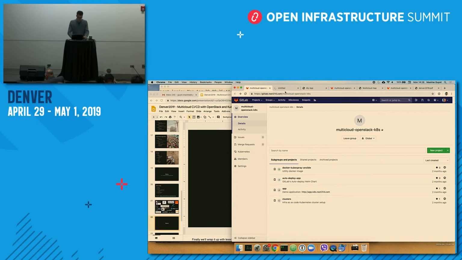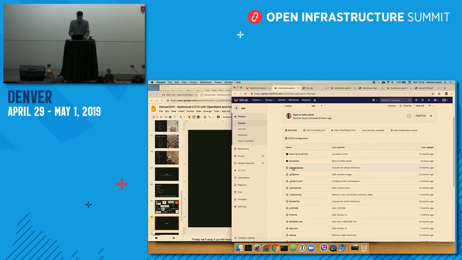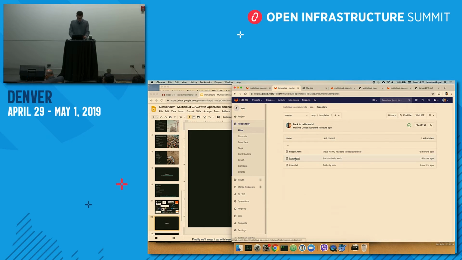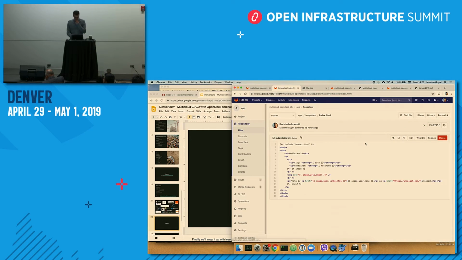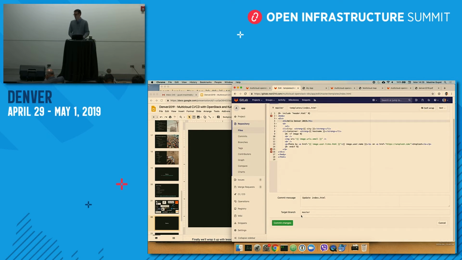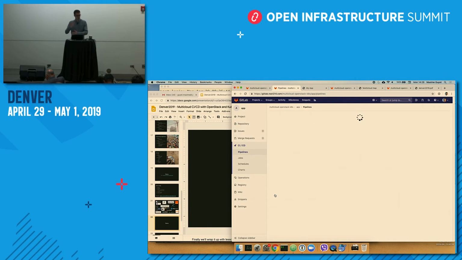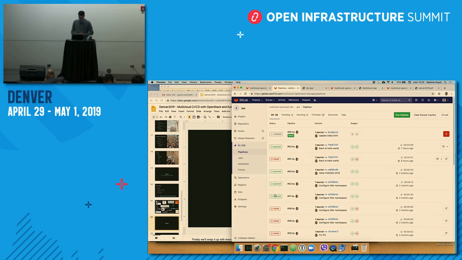So let's go to this app repo. This is a simple Python app. I'll go to templates and index.html. You can see there, hello world. We're going to change that to hello Denver 2019. I'm going to commit to master. I know I shouldn't do that, but we don't have time to do code review for the demo, right? So let's just commit this to master. You should do a merge request, code review, all that stuff, of course.